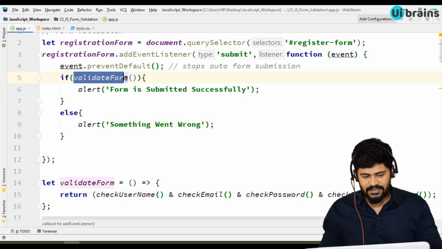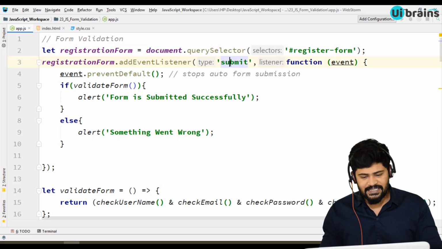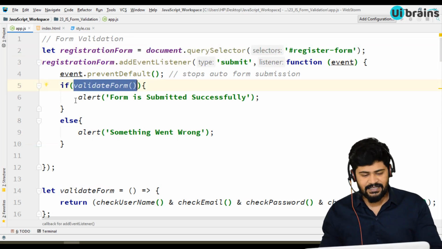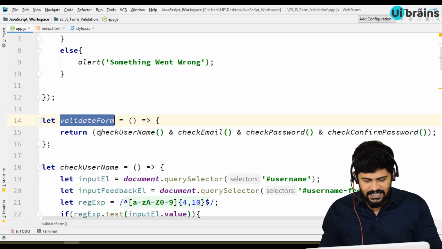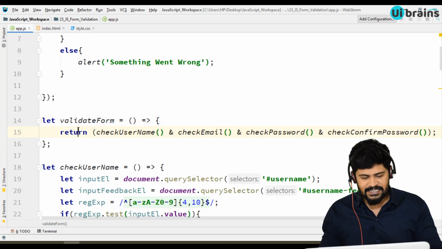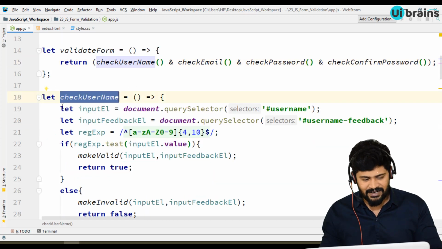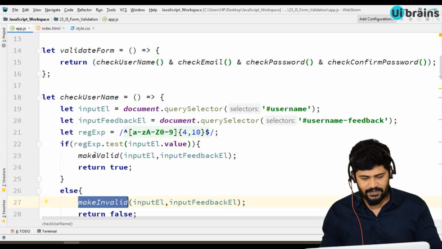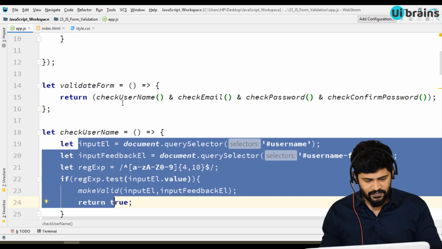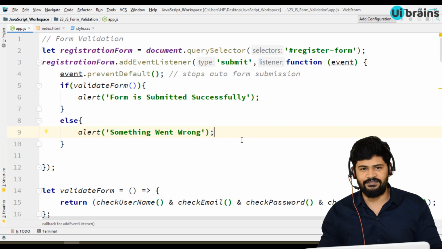So let me explain clearly. Now, whenever you are submitting a form, it evaluates whether the form is valid, then displays success. The form is valid if all of these are successful. Let's start one by one. So username, how is the username evaluated? In this way, how to make a field valid and make a field invalid. We have all the story, right? So this returns true or false, comes back and shows success. This is actually the flow of the application.